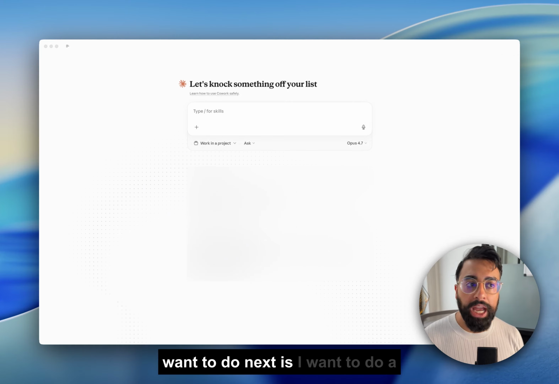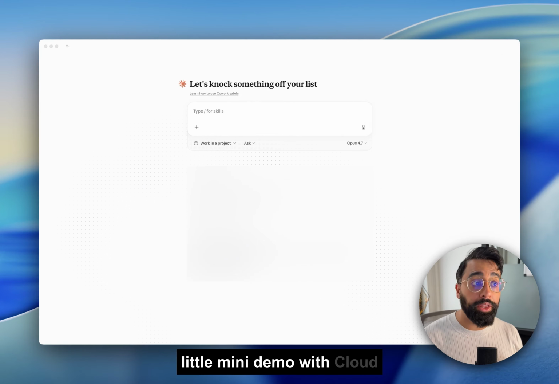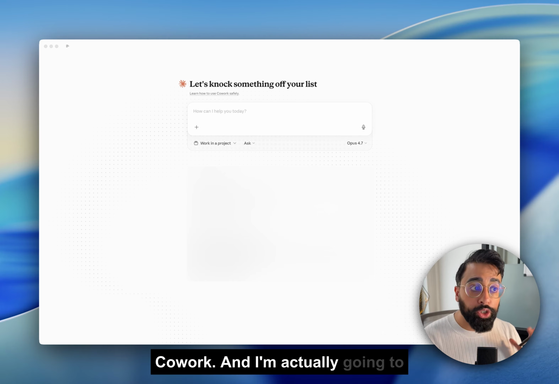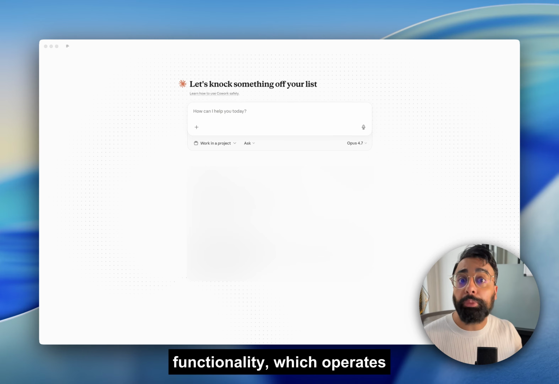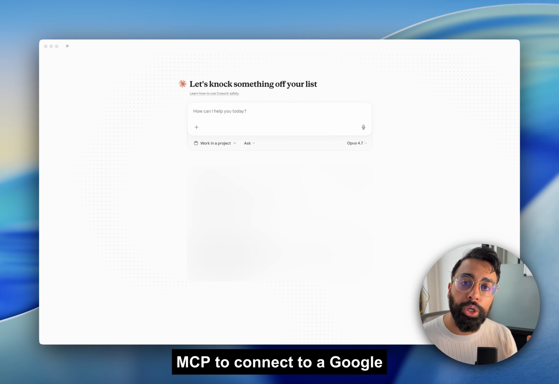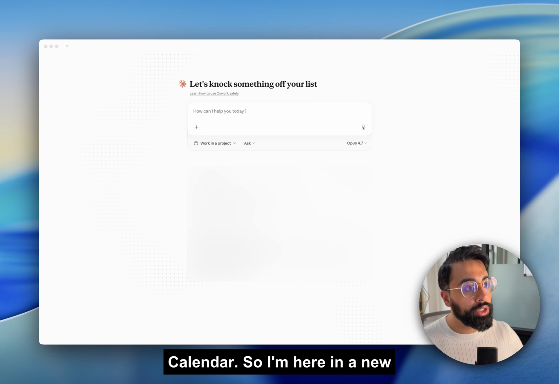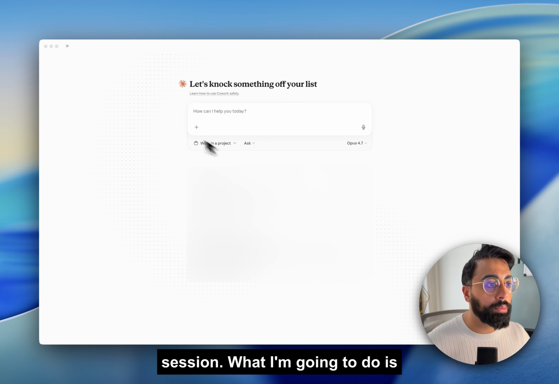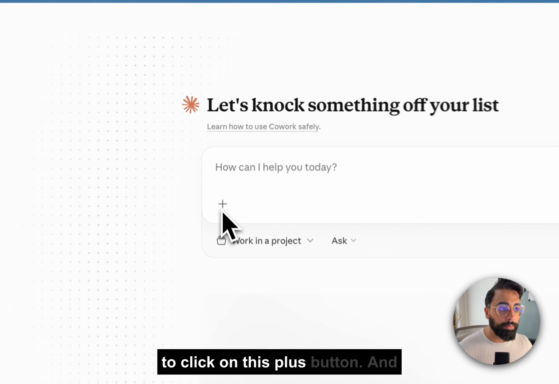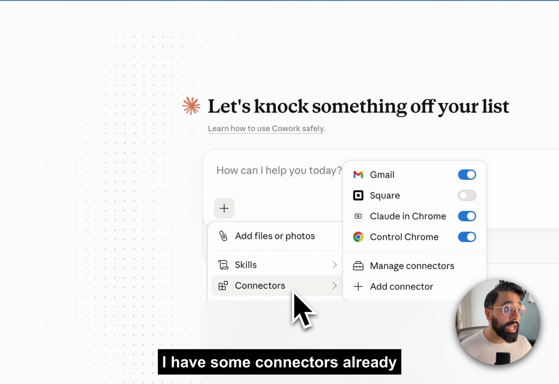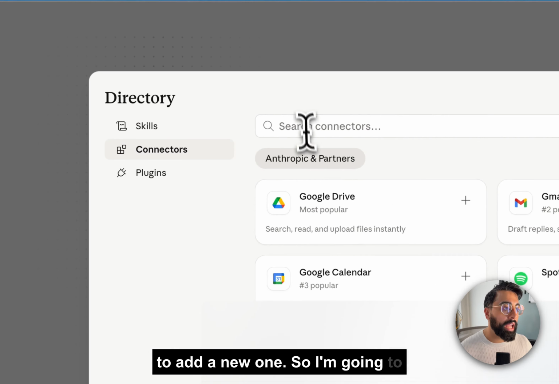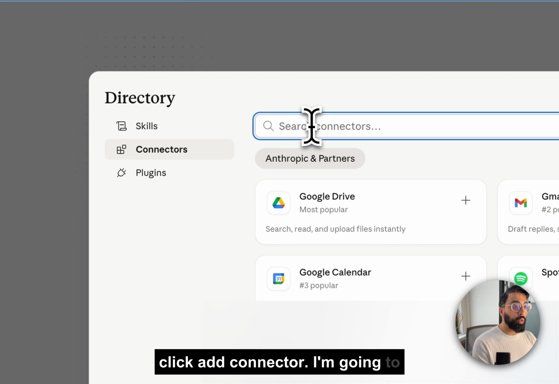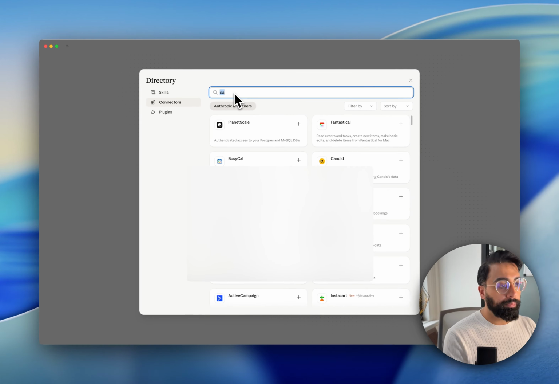So what I want to do next is I want to do a little mini demo with Claude Cowork, and I'm actually going to use their connection functionality, which operates through MCP to connect to a Google Calendar. So I'm here in a new session. What I'm going to do is I'm going to click on this plus button, and I have some connectors already here, but I'm actually going to add a new one. So I'm going to click Add Connector. I'm going to search for Google Calendar,